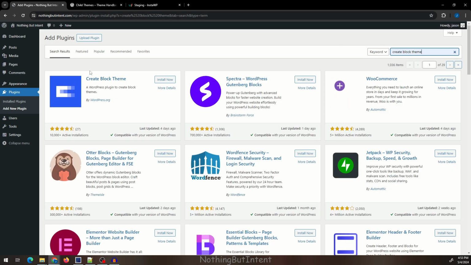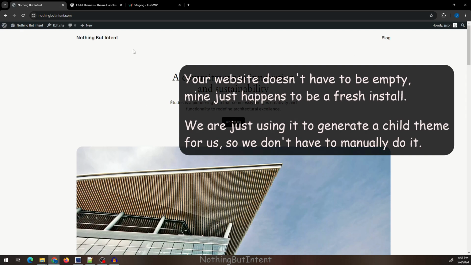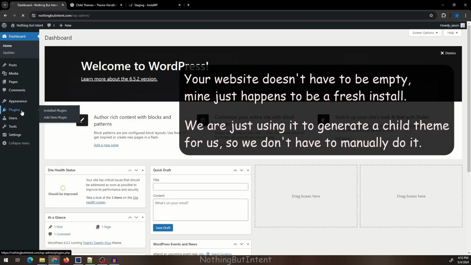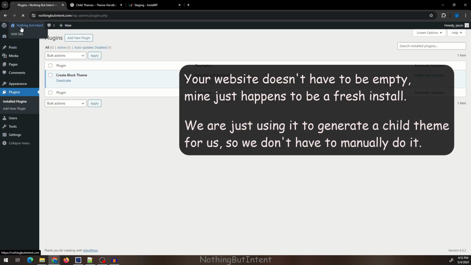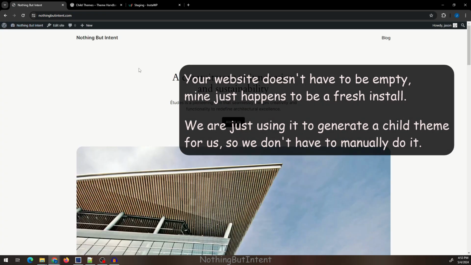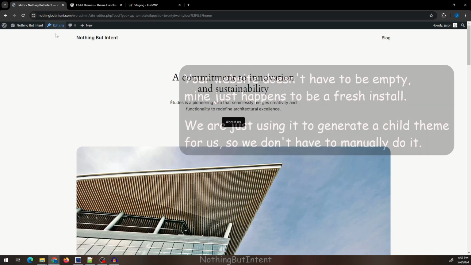This will be the one by WordPress.org, Create Block Theme. Install it, activate it. Right now I have a blank website, with nothing, no plugins or anything. But once you do that, if you go into the site editor,